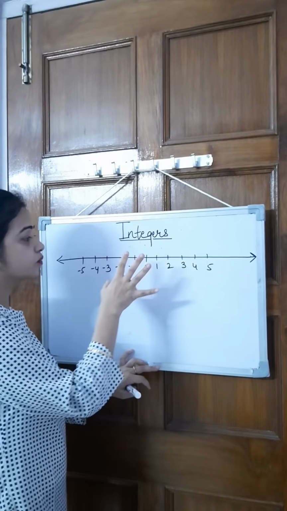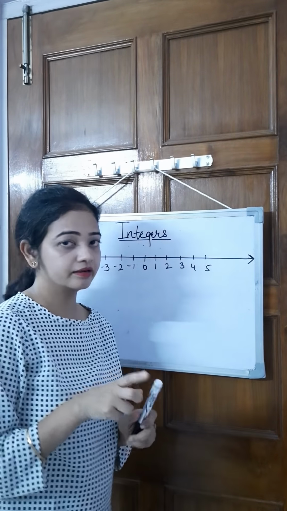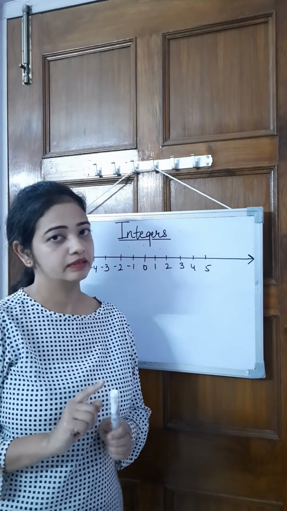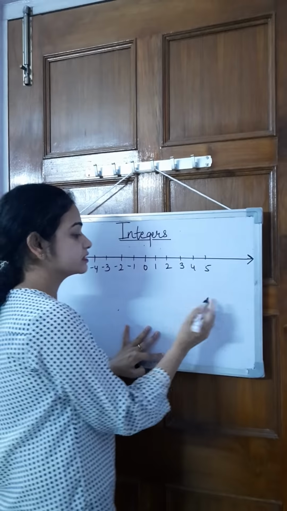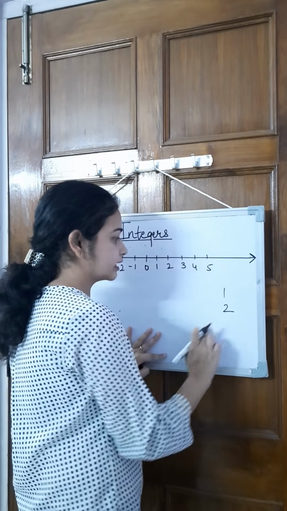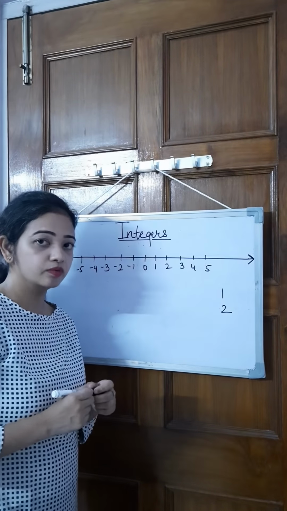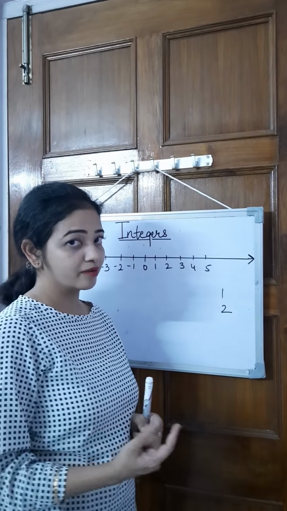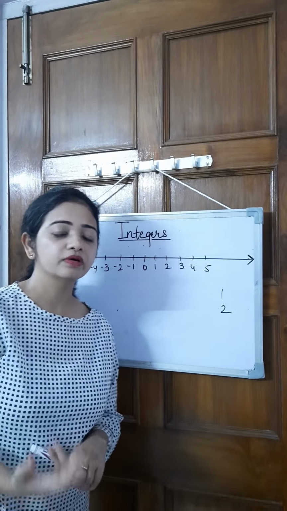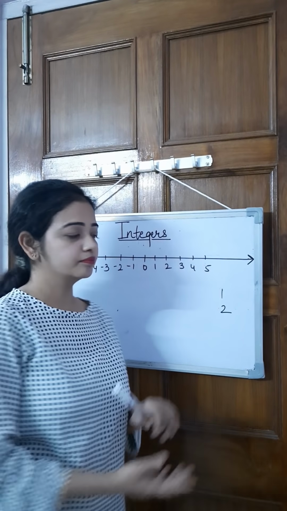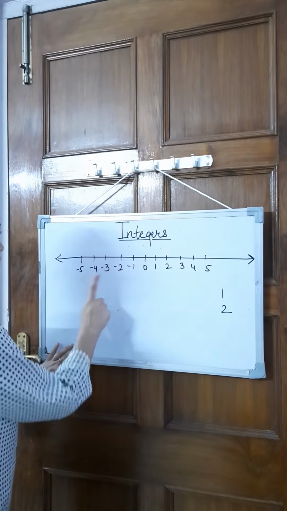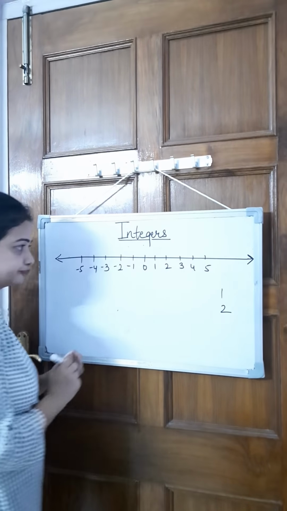Yes. So the first thing we can observe here is that when we write a positive number, we do not put a plus sign before it. Means I will not write +1, +2. If you don't put a sign before a number, then it is always considered a positive number. So the first thing that is very important is do not put any sign before a positive number. No sign means it's a positive number, and for negative numbers we put a minus sign.